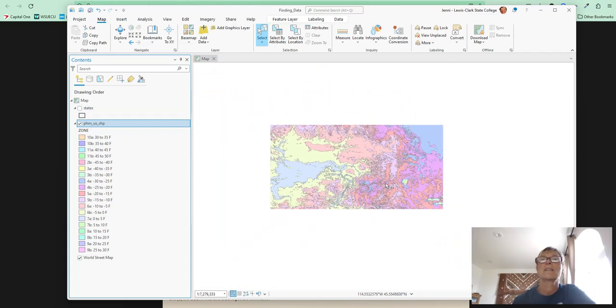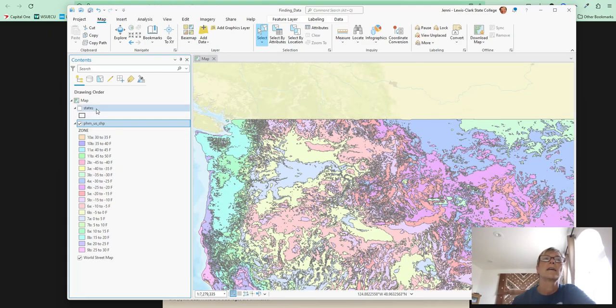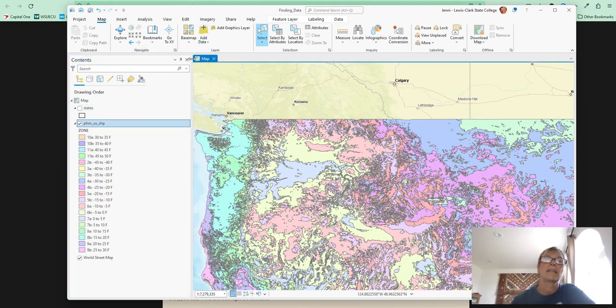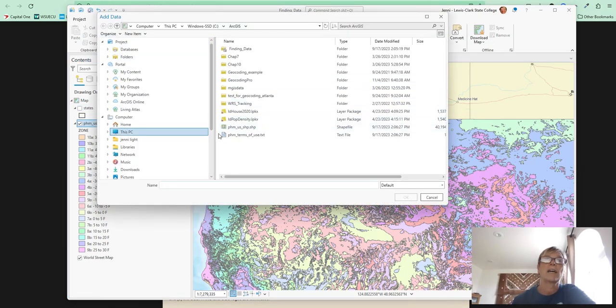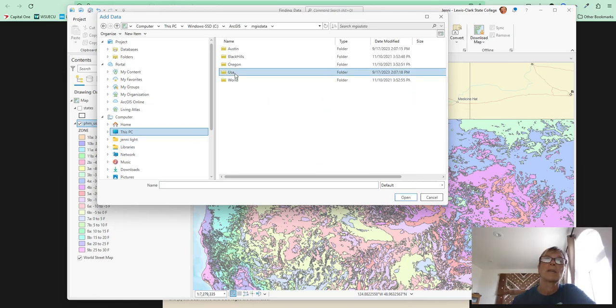And so another thing I wanted was, I didn't have states on there. It was just like this, and I couldn't find where Lewiston was. So one of the layers that you can use is your MGIS data. And so you can click on here, add data, and navigate to your MGIS data file, which I happen to have right here. And under USA